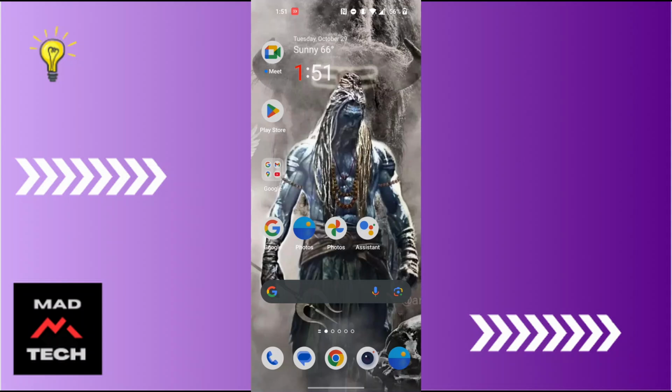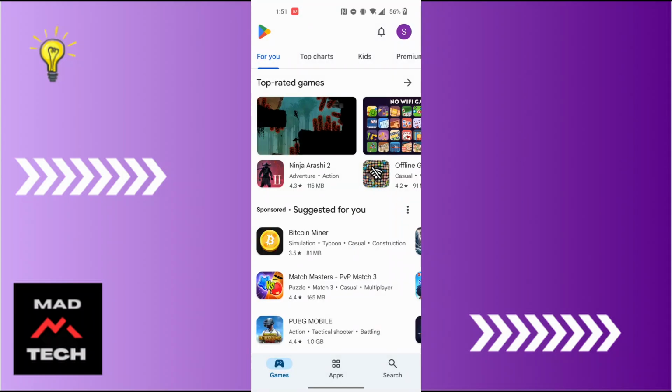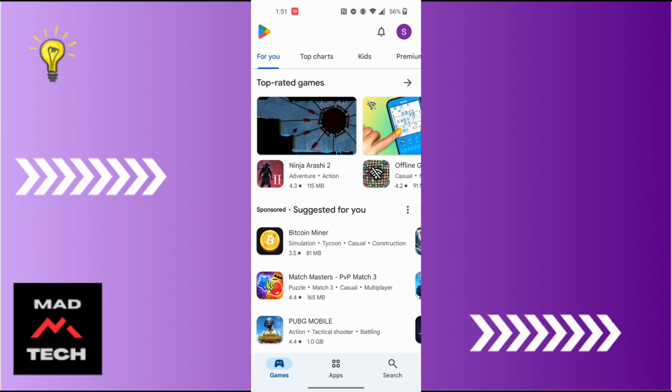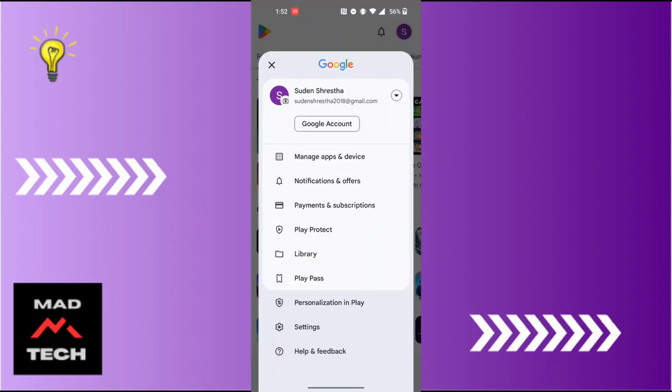Now to auto update or update your apps on your phone over Wi-Fi only, first open up the Play Store app. And after opening your Play Store app, guys, on this interface at the top right corner of the screen, you can see your profile picture icon available for us at the top right corner. Tap on your profile picture icon at the top right corner of the screen, and this kind of interface will appear